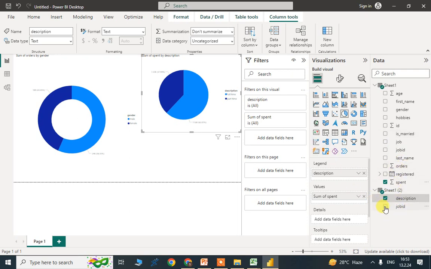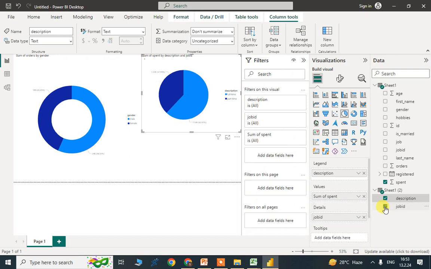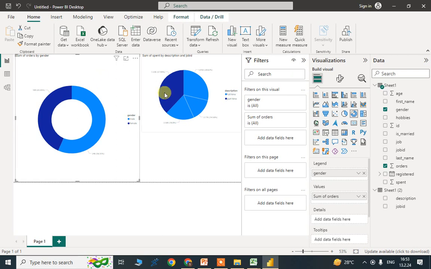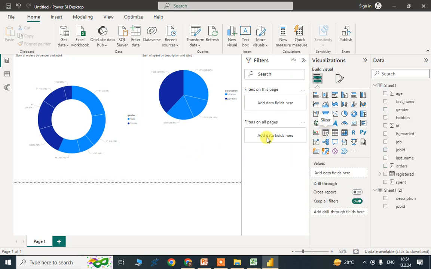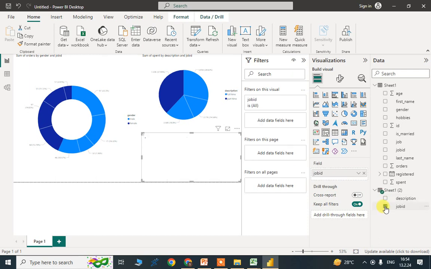Now if we add job ID for both cases, here also I am taking job ID, and for this case also we are adding job ID. Now we can easily see as per the job ID we can filter. Now we are taking the slicer option. Here we are taking slicer option. In slicer we are taking as per the job ID. So if we take job ID 1 to 4,